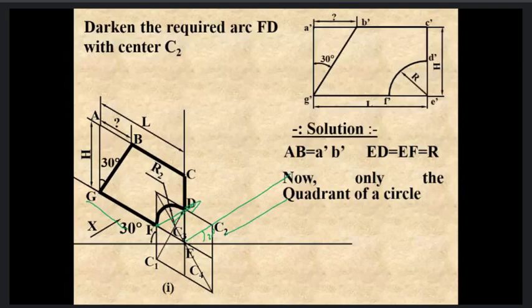Similarly, I will take this as a center and make a curve. Suppose I draw the curve like this. Only this portion of the curve is seen by me. This portion is going behind this feature, so I will not draw it. I will rub this portion. Only this portion of the curve is visible to me, so I will keep it as it is.